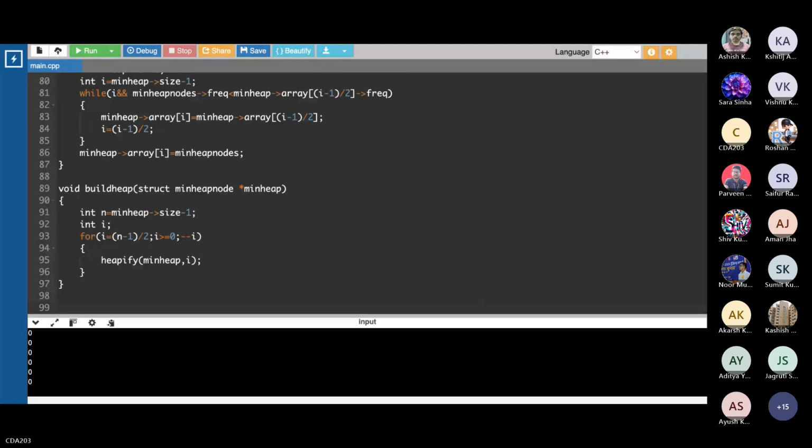All right. Now we proceed to build the Huffman tree. So in the Huffman tree,